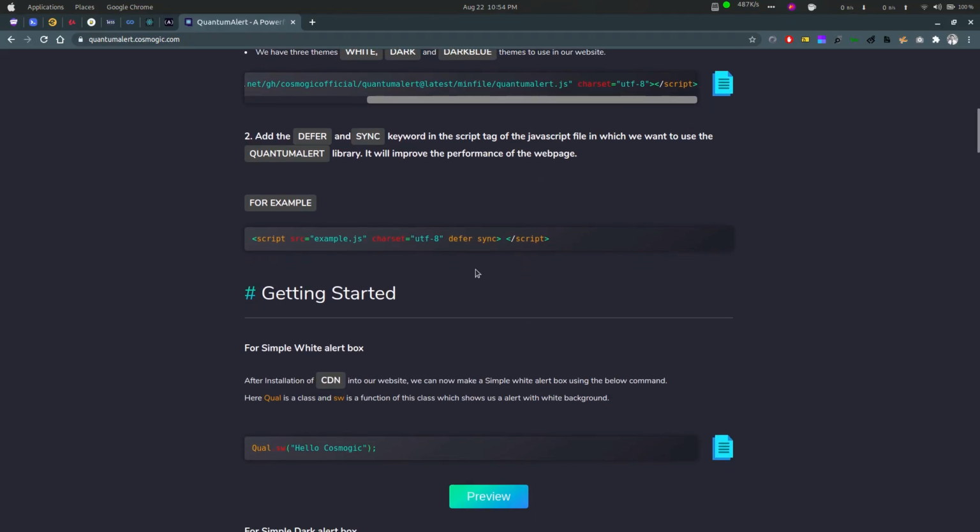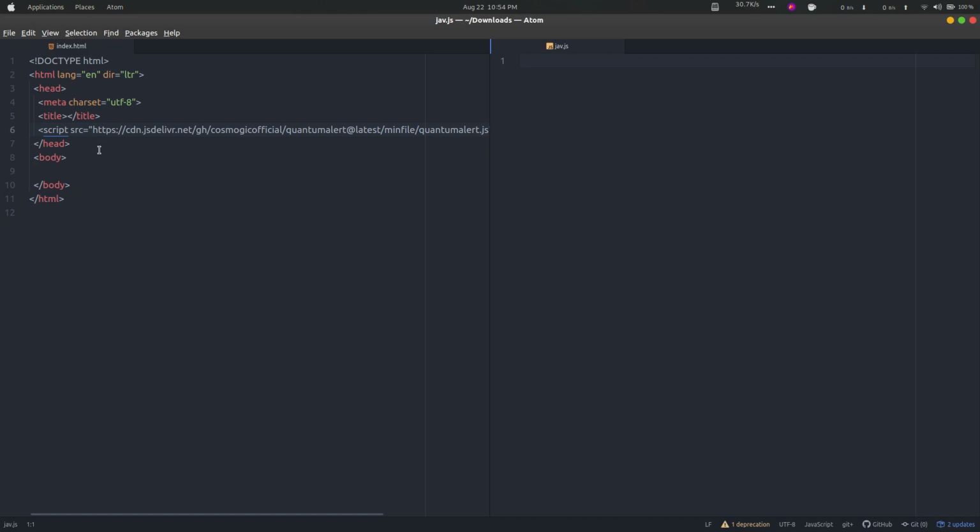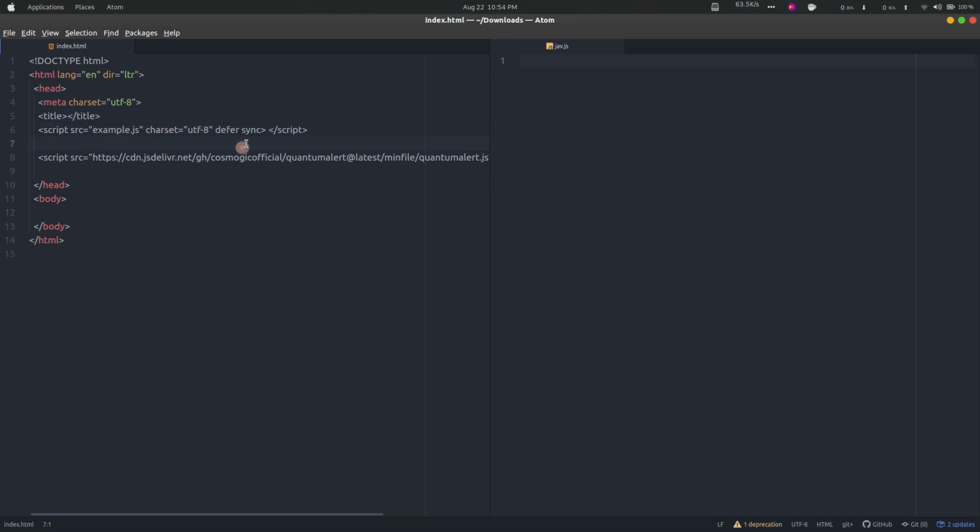Now here is written one more thing: add the defer keyword if we are adding an external JavaScript. So to link the external JavaScript, let me first copy this and paste it below. Don't put the script tag above like this. It will not work, because firstly it will render this, then this.